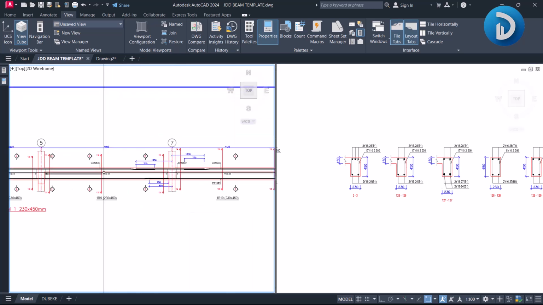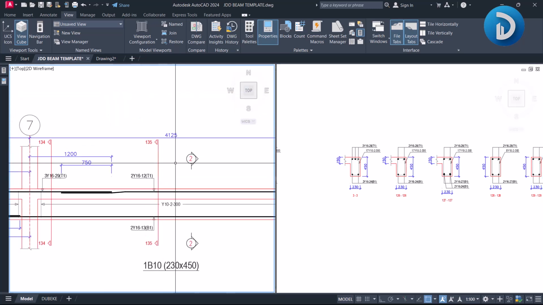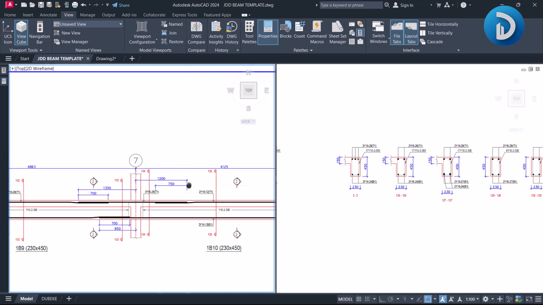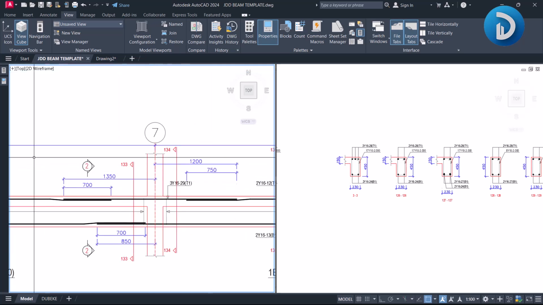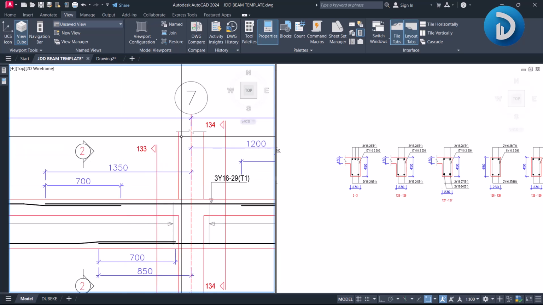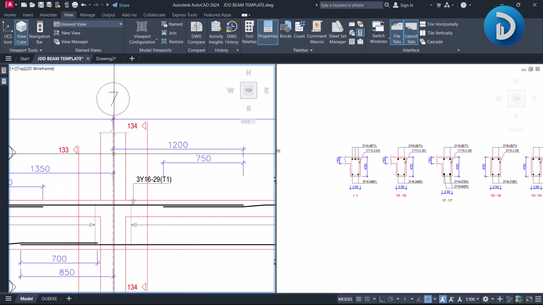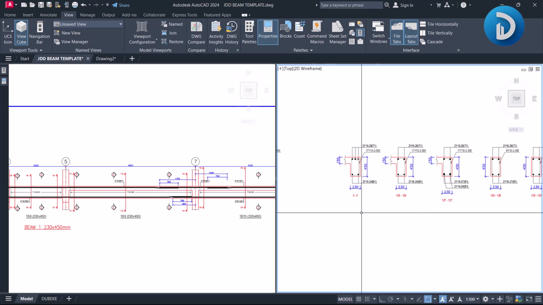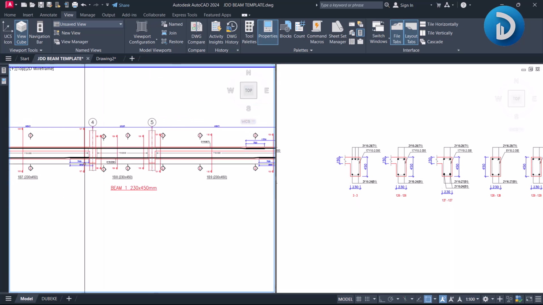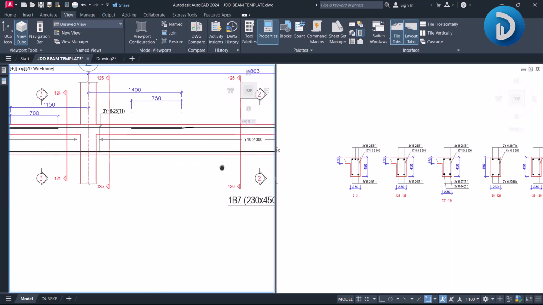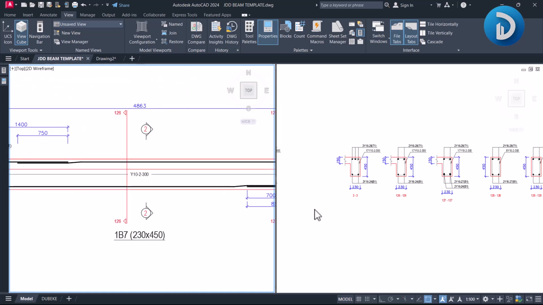Imagine you have to run the reinforcement all through the length of this beam when you can only run them at about 1.35 meters when you get to this support zone, 1.35 meters to this section, and also 1.2 meters to this section. So we head on to the next, which is section 4 at the support,